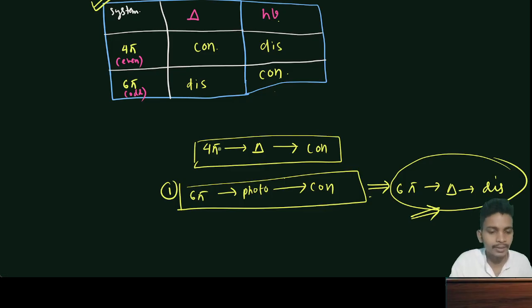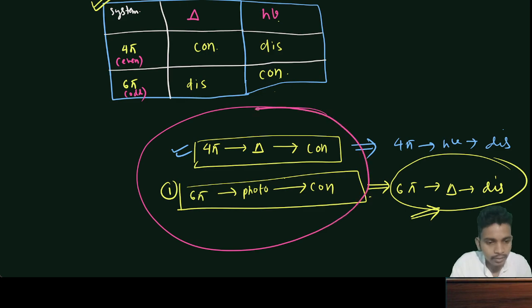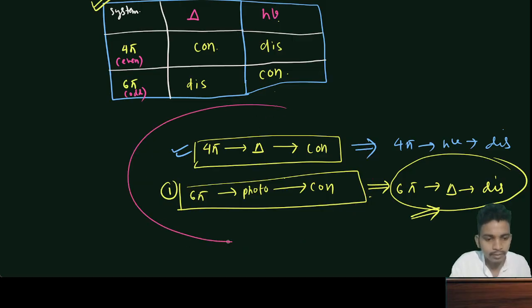Similarly, remember this one, and for the other one, 4 pi, if it is heat, then that should be con, and photo will be dis. It is better that we just memorize this, then automatically the other can be easily memorized. So 4 pi heat con and 6 pi photo con. If you remember only these two points, then